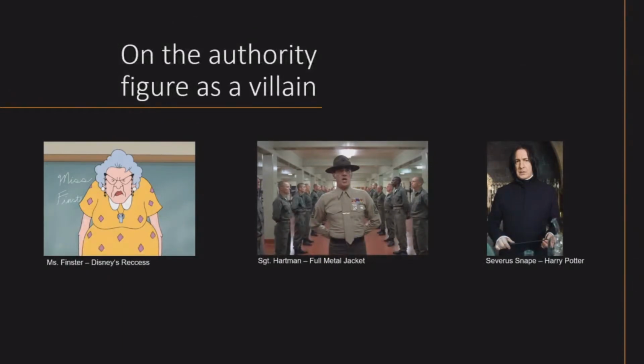Which means that if you are writing an authority figure as a villain, you must make sure that your protagonist is either fairly chaotic and likes to shake things up, or you have to give your villain a dark secret that no one can know about to make them actually work really well.